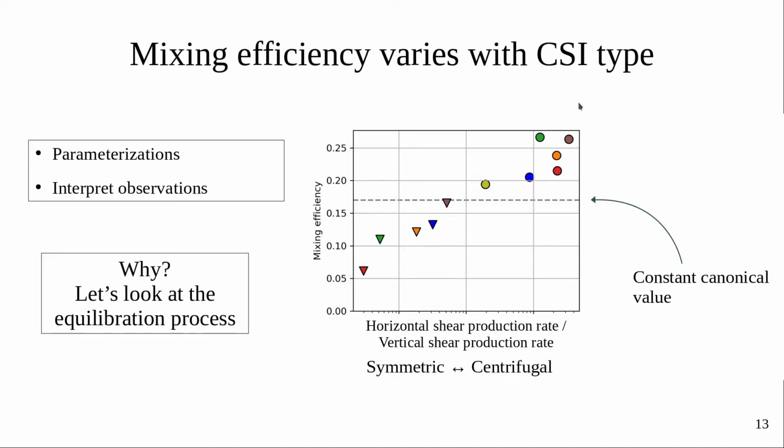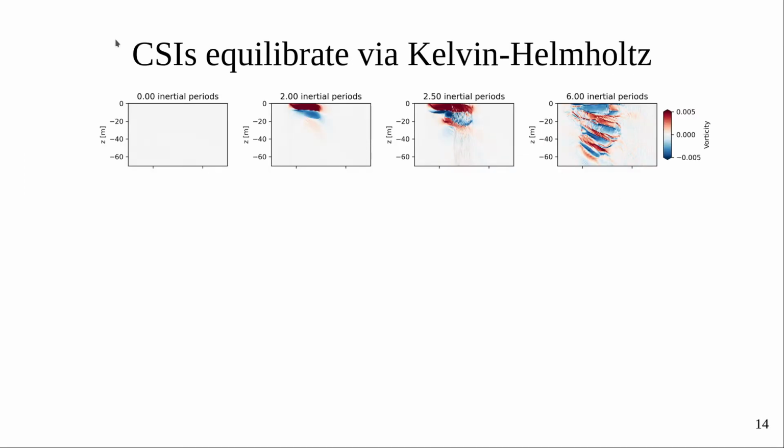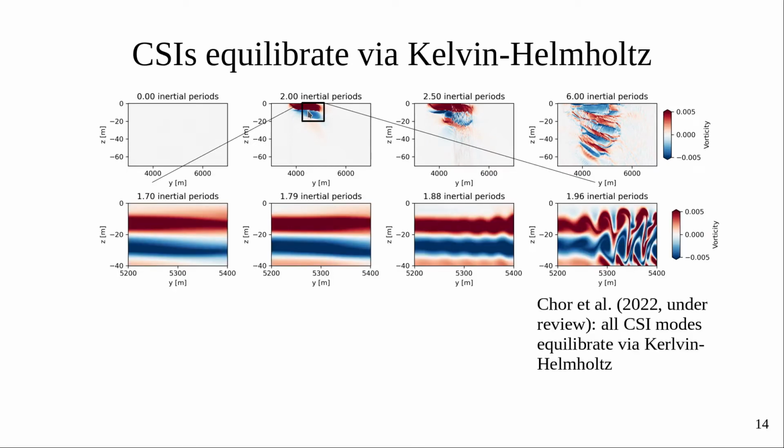Now the natural question is why? If it is indeed the case that these instabilities can have much lower and much higher mixing efficiencies than one would anticipate, why is that? And for that we need to look at the equilibration process of these CSIs. So let's look a little bit at the evolution of a given CSI. I'm going to zoom in on a portion of time and space here, and we're going to analyze it a little bit. What you're seeing here is two counter-rotating cells that are part of this initial CSI